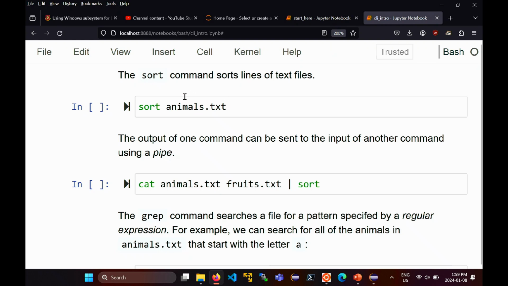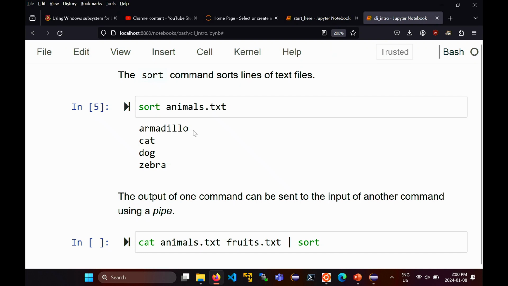So if you've got a file that consists of text like animals.txt, often you want to process the file somehow. For example, you might want to sort the contents of the file. So sort animals.txt reads the file line by line, sorts the output, and prints the sorted file to the output.